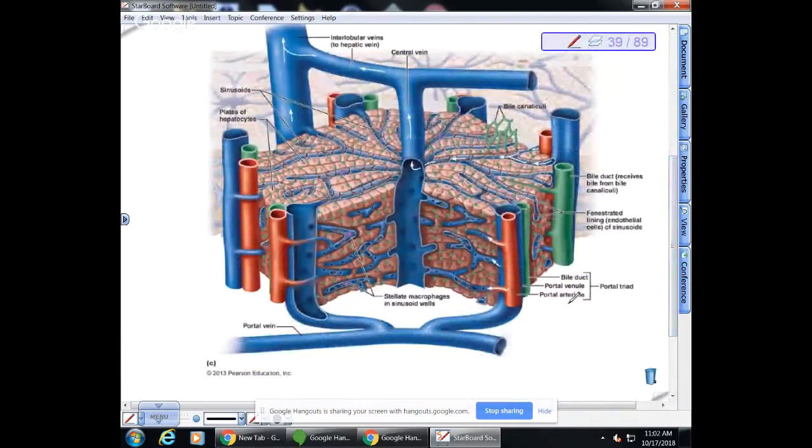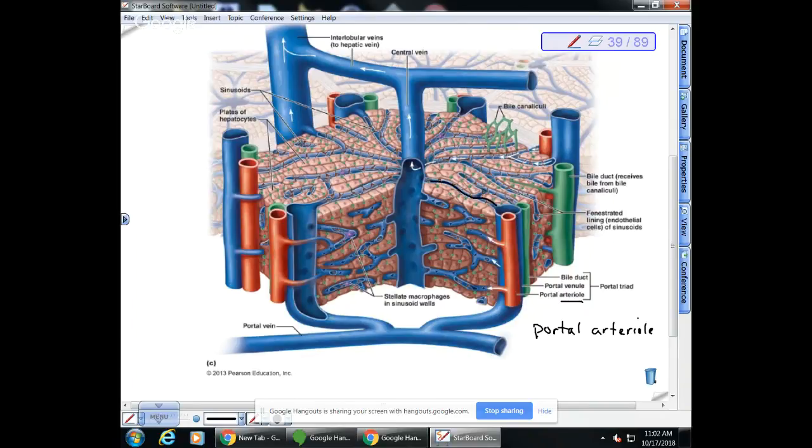Okay, so they call it here the portal arteriole. So this is my functional unit, my lobule. Each side has these three vessels, and the flow of blood through this is it's going to pass through, and